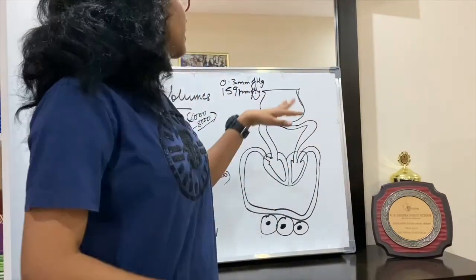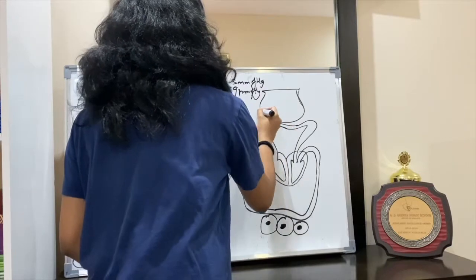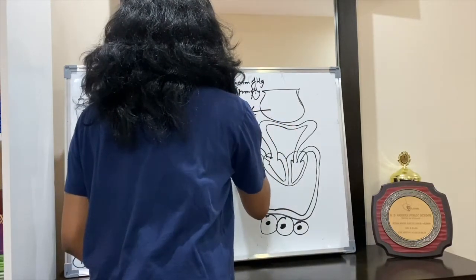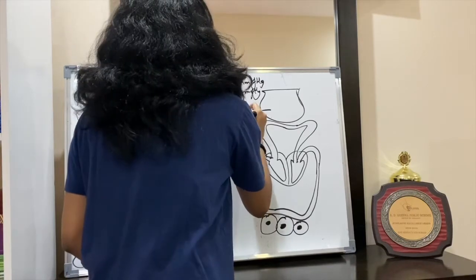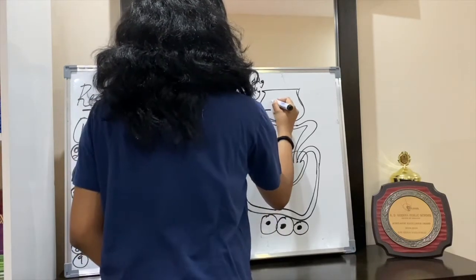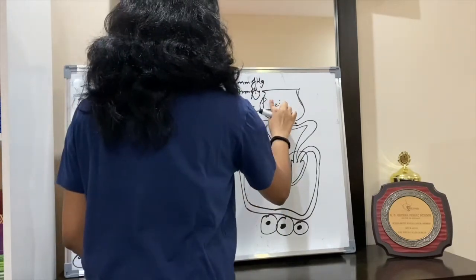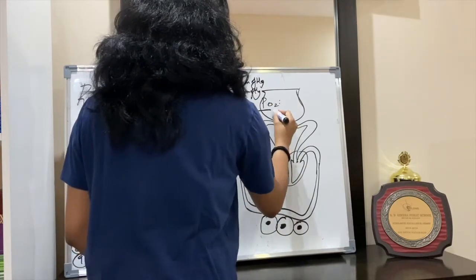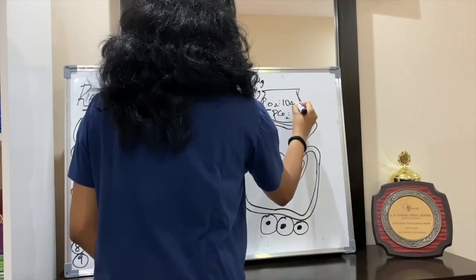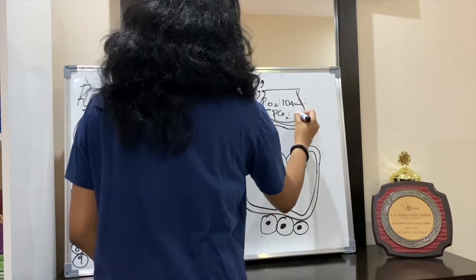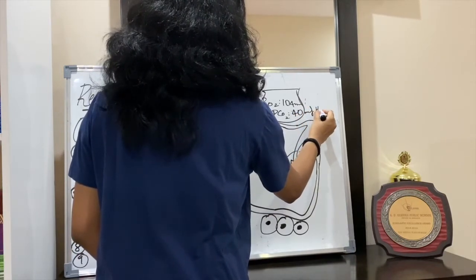So yeah, and then when it enters the body, the partial pressure of oxygen in the alveoli, this is alveoli. Oh God, I'm messing up my spellings. Okay, this is oxygen partial pressure, which is represented by PO2 with O2 as a subscript, and PCO2. This is about 104 mm of Hg, and this is about 40 mm of Hg.